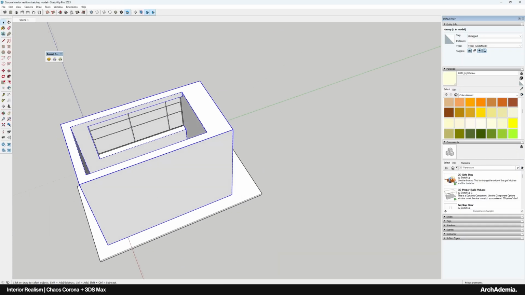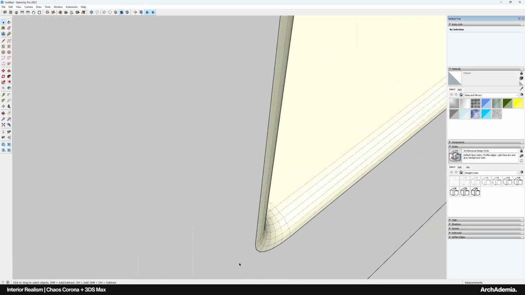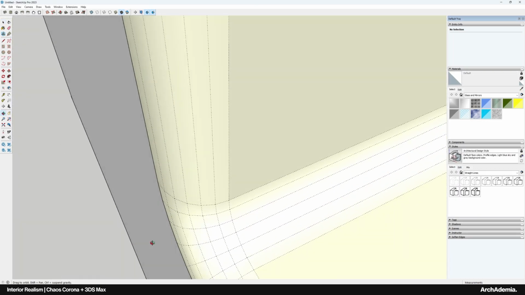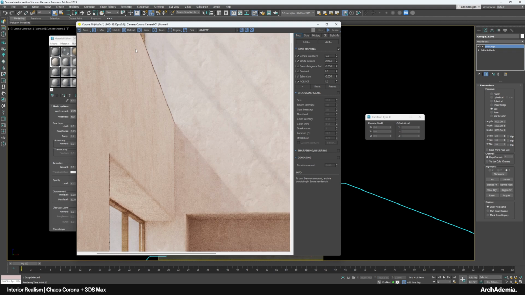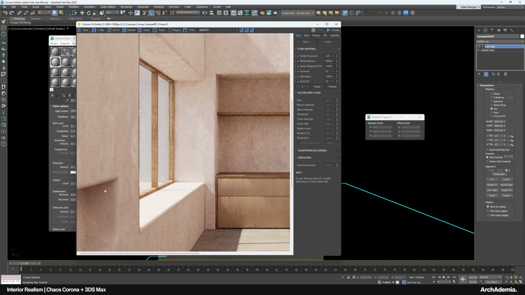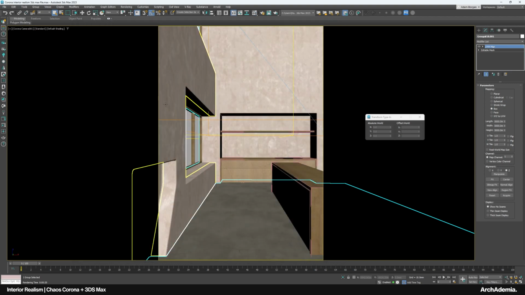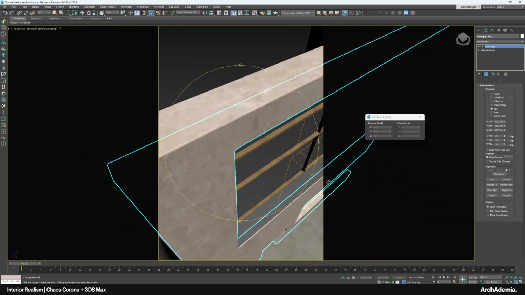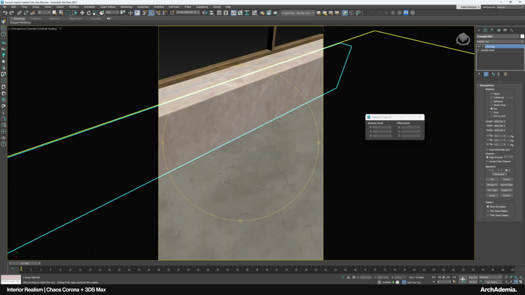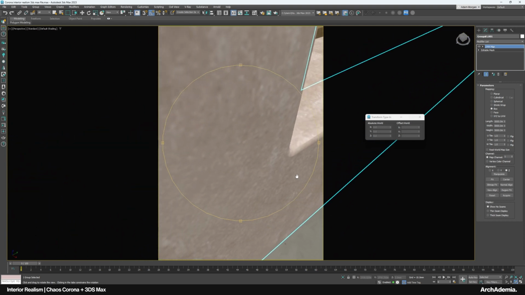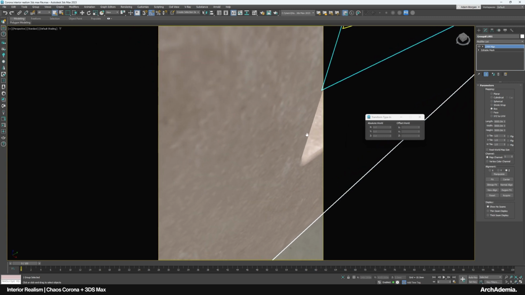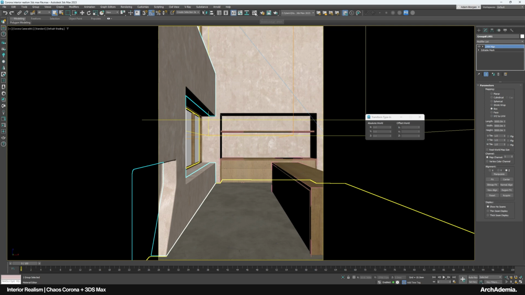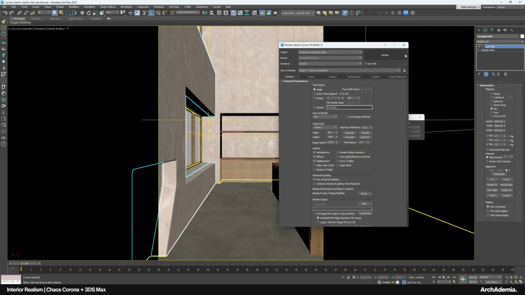Shouldn't really be showing a seam. Let's ignore that for now